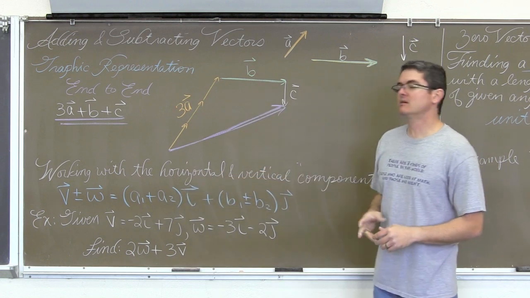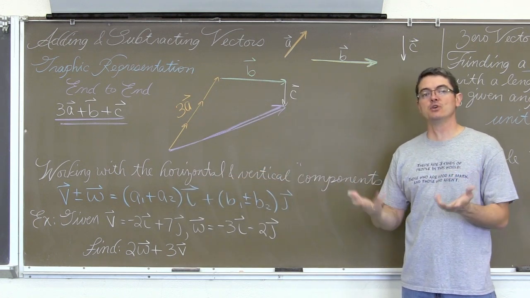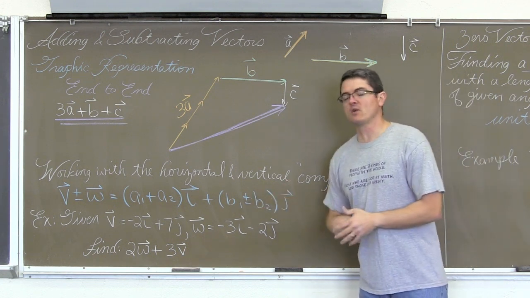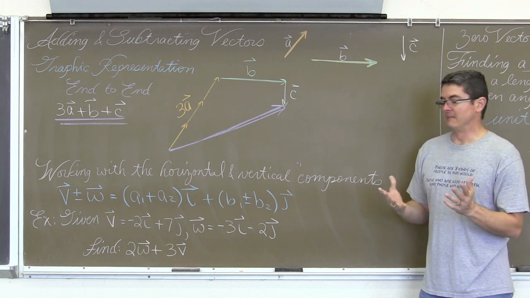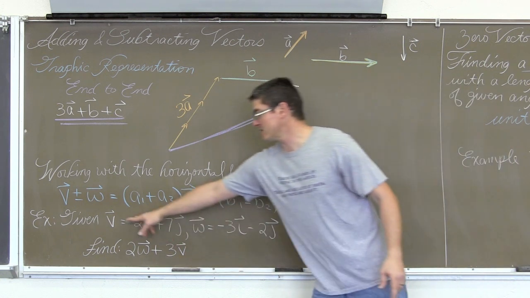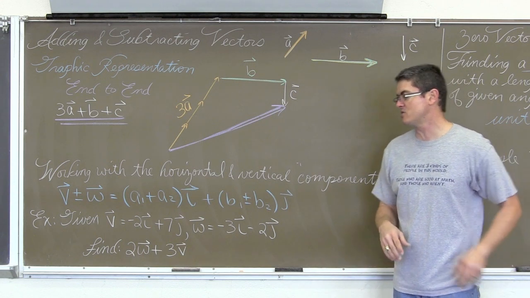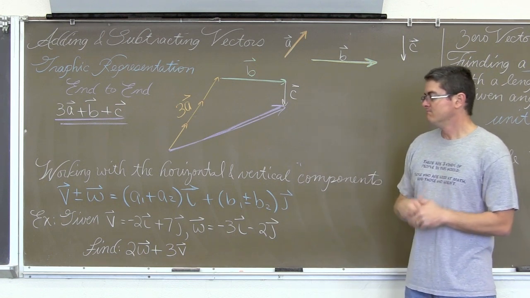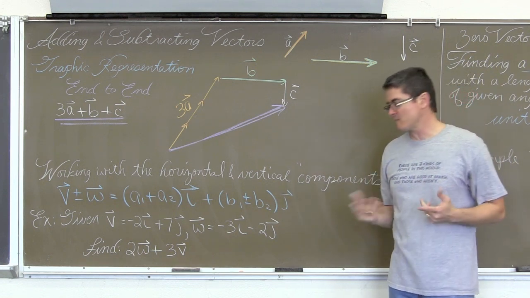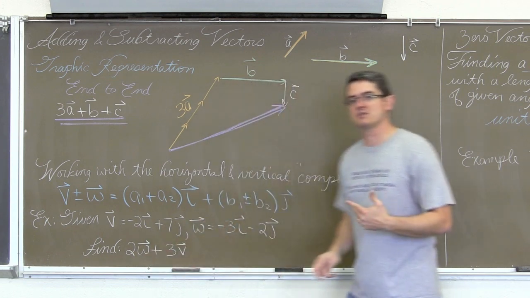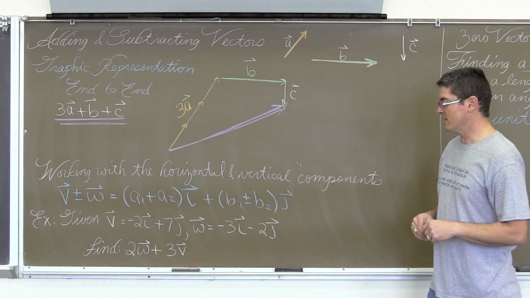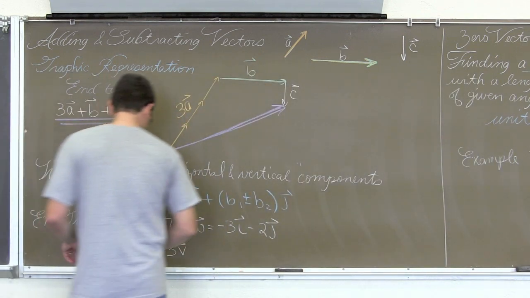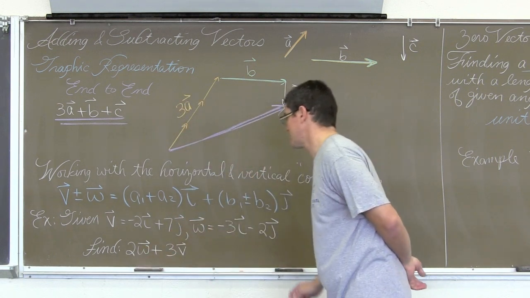If you want to add vectors or subtract them, all you have to do is add or subtract the horizontal components, and then add or subtract the vertical components. And really it's pretty straightforward. So we've got vector v, it's minus 2i plus 7j. Vector w is minus 3i minus 2j. And you can see those again with those pointy brackets, but I'm using the ij notation because my book does. I really prefer the shorthand version of this, but whatever. Find 2w plus 3v. So we're going to do a scalar multiple on w, of 2.